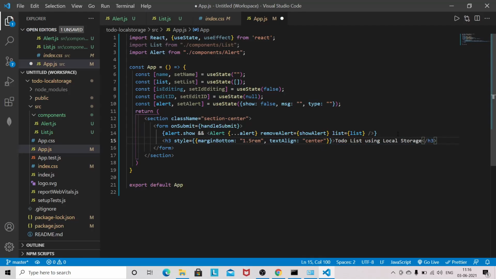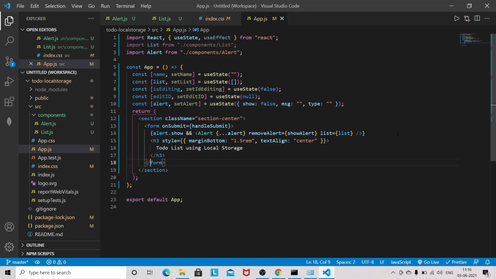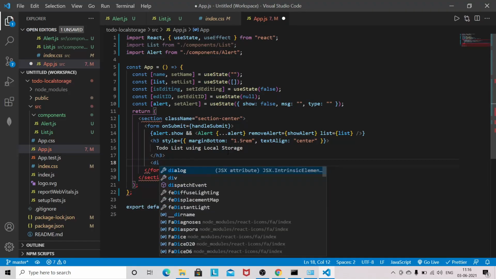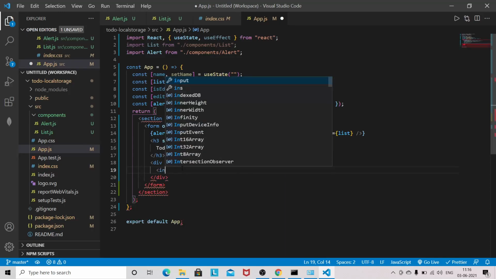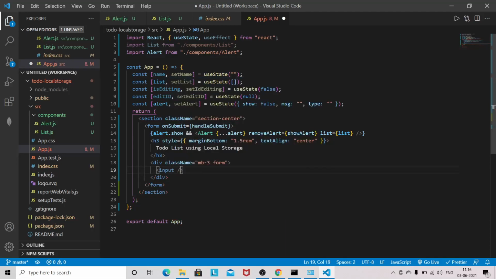Okay, so this is the styling, and we have to give the div class. So here I will be using a bootstrap class. Okay, so mb-3 form. So here I am using an external CSS styling. So I will show you all the styling once I complete. Input,